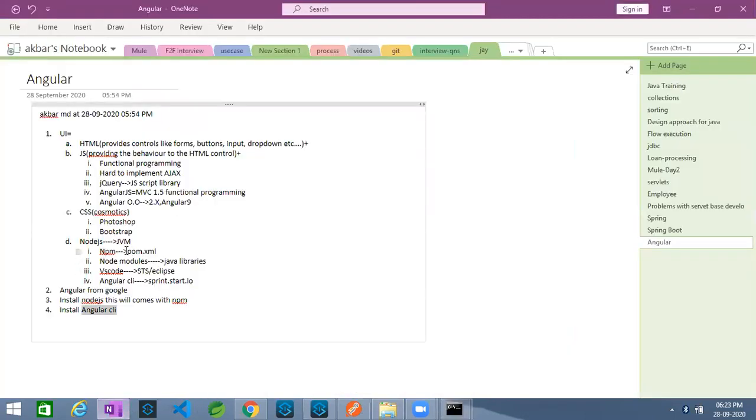Basically, your npm is very much equal to Maven, right? Yeah.